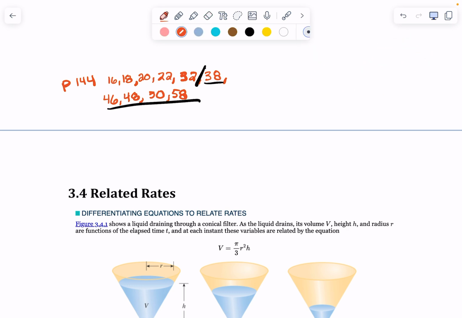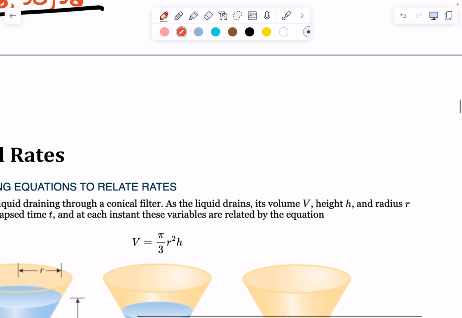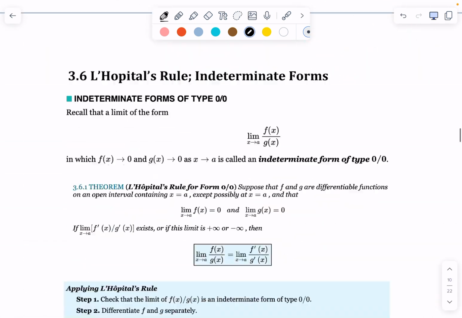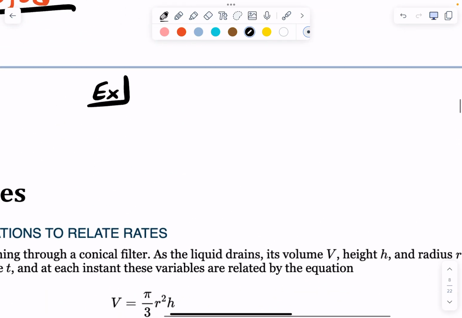Okay, related rates. I think I alluded to this on one of the first days of school, and we were talking about blowing up a balloon, right? So I'm just gonna do my example over here. Blowing up a balloon. If I'm filling a balloon with air,